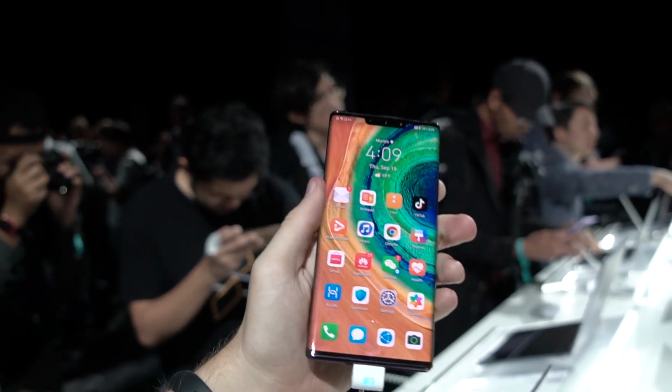So I'm kind of into this. Basically, Huawei set up all these stations that show the different features of the phone. So I figured there's probably not a better way to do this than to just show you all the different stands. So let's go. Alright, so first of all, clearly we've got the specs, and yes, this is the first